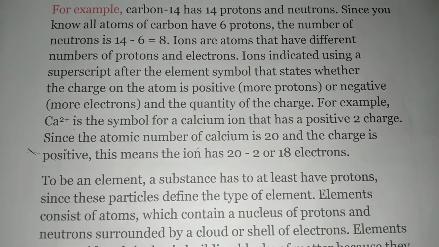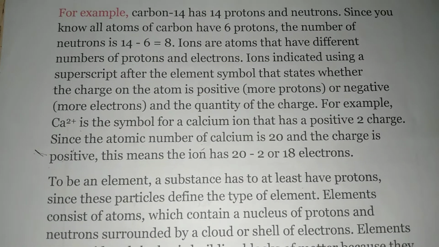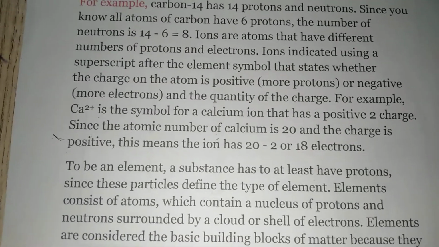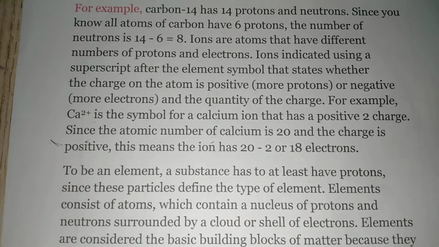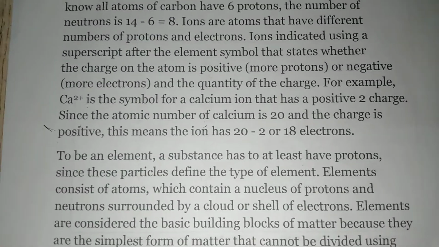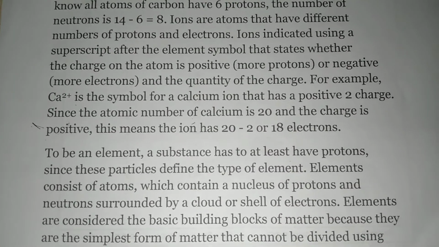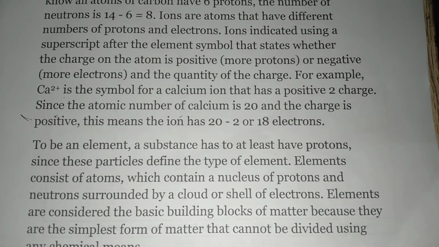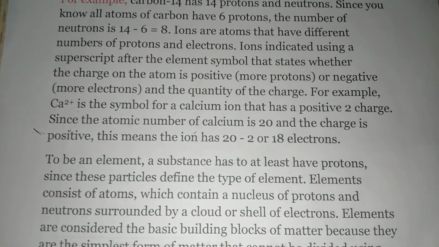Ions are atoms that have a different number of protons and electrons. Ions are indicated using a superscript after the element symbol that states whether the charge of an atom is positive, more protons, or negative, more electrons, and the quantity of the charge. For example, Ca2+ is the symbol of the calcium ion that has a 2 positive charge. Since the atomic number of calcium is 20 and the charge is positive, this means the ion has 20 minus